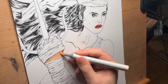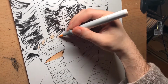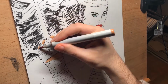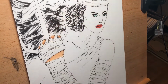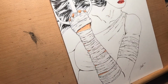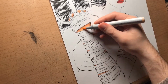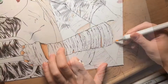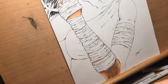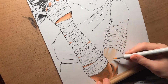Now came for me the more daunting part, which was coloring in the skin, because flesh tones are pretty tricky to get right. I mean, you don't want her to look plasticky or like anything artificial. And so what I started experimenting with here was just the small exposed area of her gauntlets or wraps, whatever you want to call them, and just filling it in and seeing how much life and depth I could get out of them. And the main thing is I wanted these wraps to feel raised, but also I didn't want to give her just a typical pale skin tone. Because, I mean, she is a Mediterranean character, and I wanted to represent that a bit more with her skin